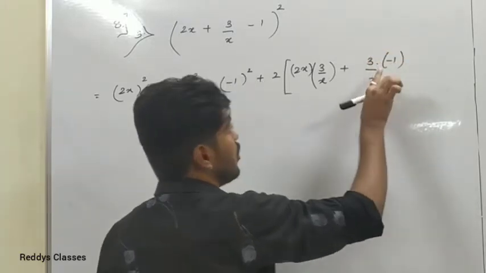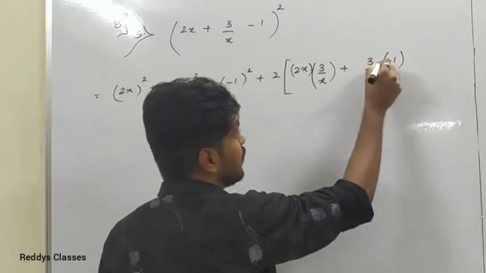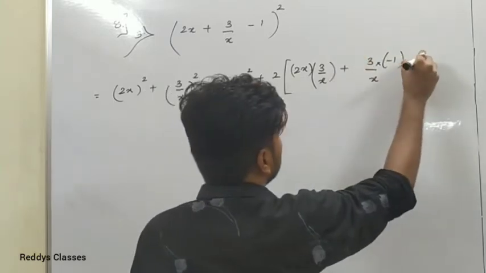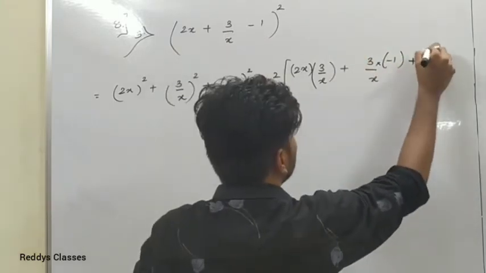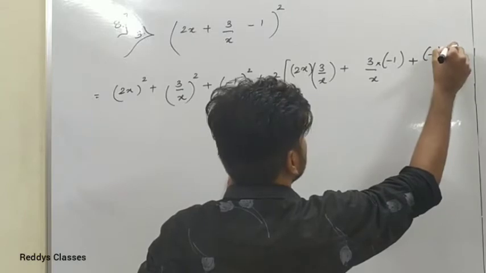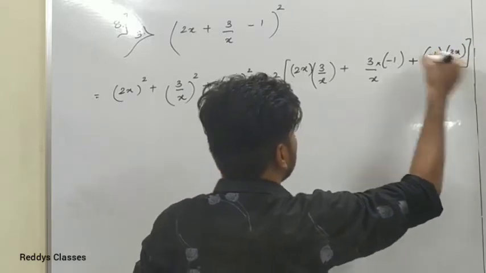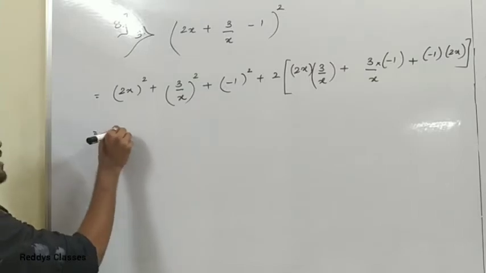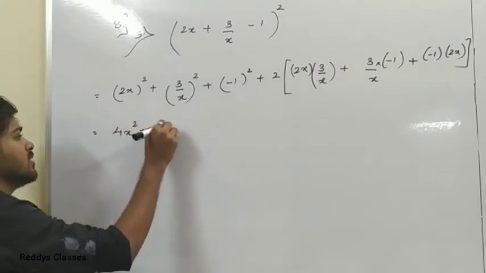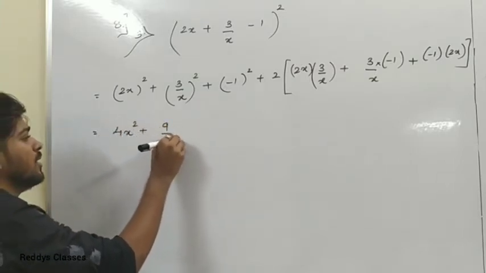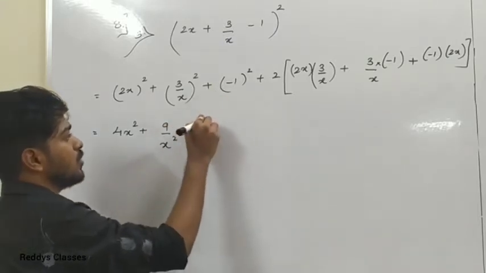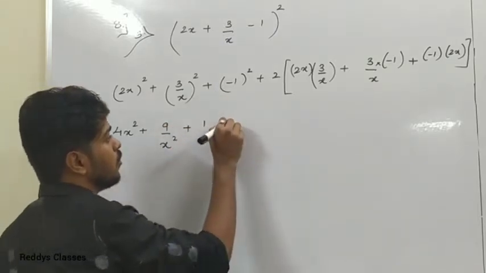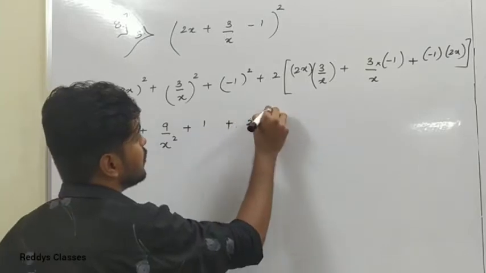See, this dot implies multiplication sign, or you can put this sign also, plus CA, that is minus 1 into 2x, bracket close. Okay, see, square of 2 is 4x square, plus 3 square is 9 upon x square, plus minus 1 square is plus 1, 1 square is always 1, 2 into, see, here